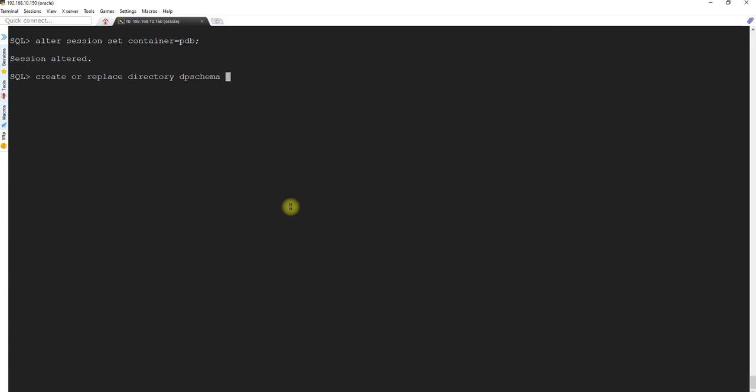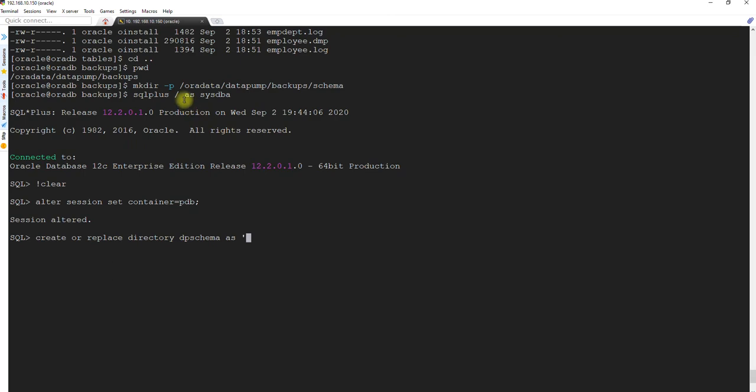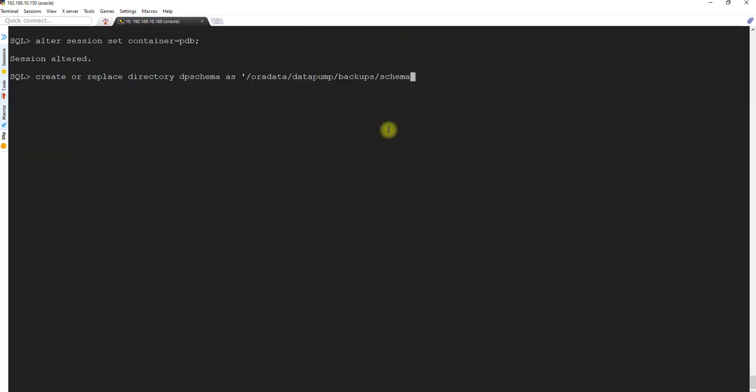Last time we wrote dp tables and created the directory. This time I am writing dp schema, and associating this with the specific directory that we created. So let's associate this. It's done. Let's query that. How do you query?